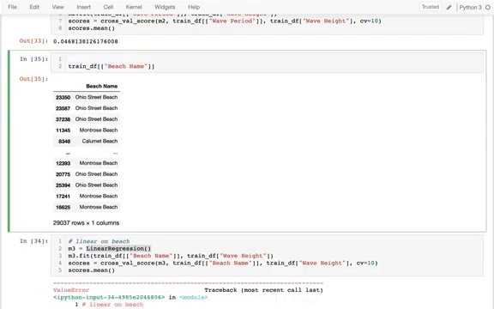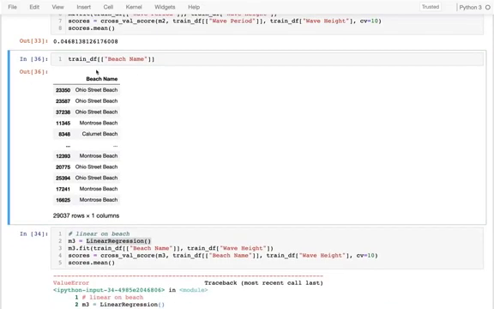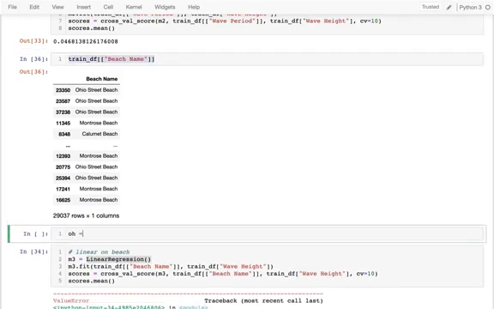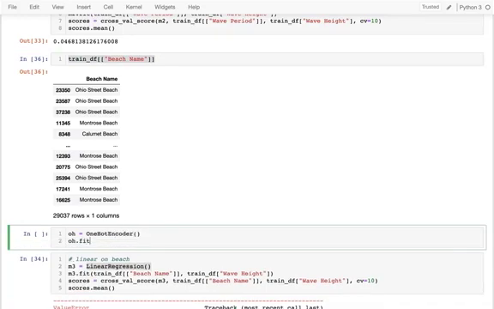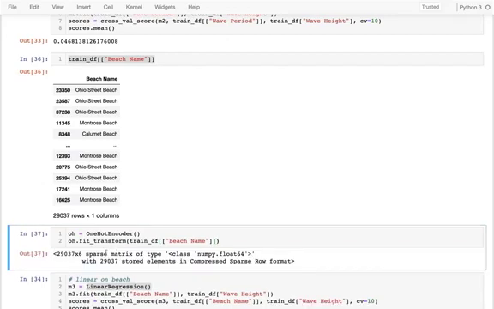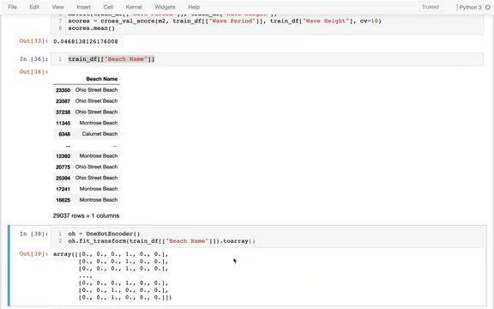I can't encode it that way. The idea that we're going to use instead is called one-hot encoding, and it looks like this. One-hot encoder. I can say one-hot encoder.fit_transform, and I'm going to fit transform this data right here. And I get this weird thing. It says it's a sparse matrix. We're going to eventually learn more about that, but I can convert it to this thing, which is a